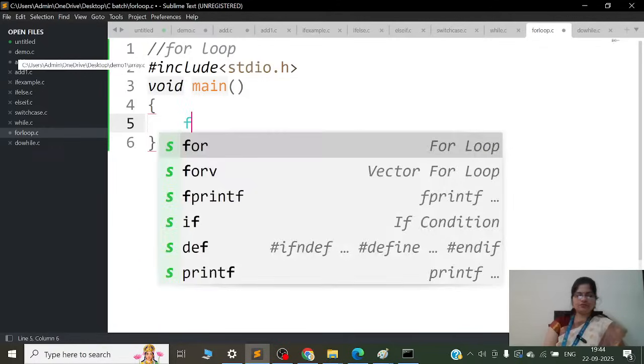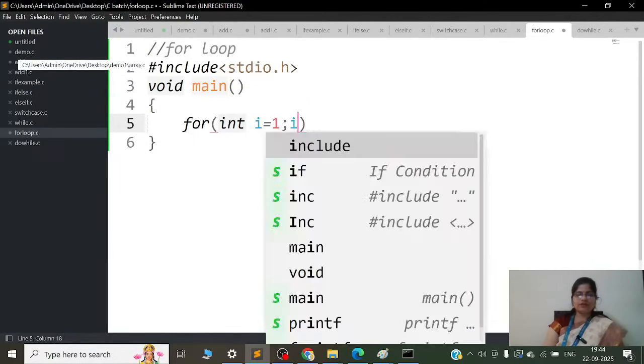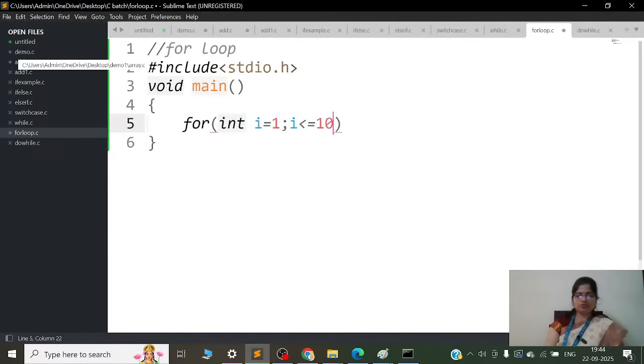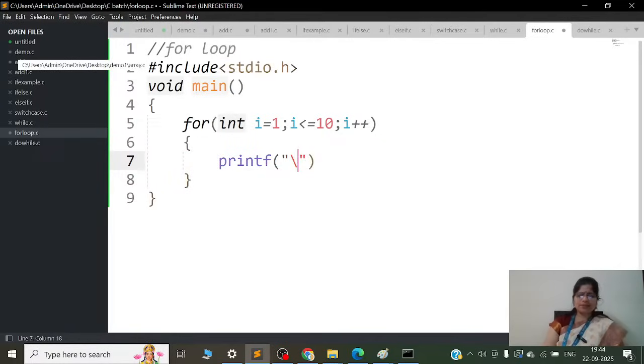So here for loop, now see how compact the code becomes. See, i starts with 1, i should be less than or equal to 10, i plus plus. So here we are printing the value of i. Only its working is the same: i equal to %d, i.